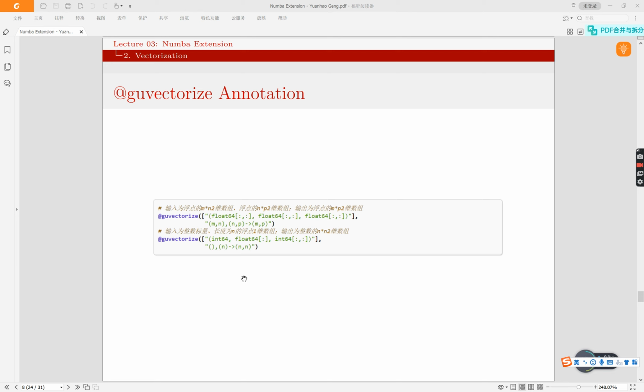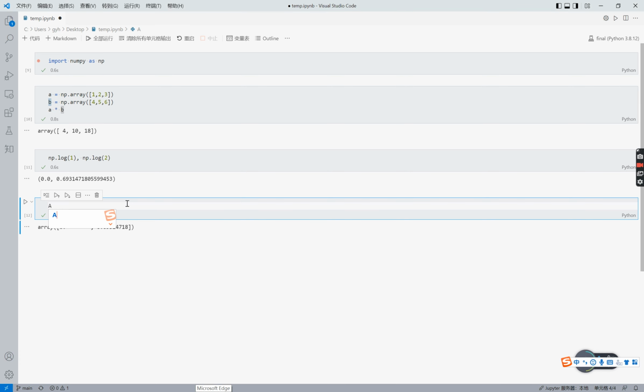For example, we can accept a two-dimensional array with data type of float 64, and the second parameter is also a two-dimensional array with data type float 64, and our result is also two-dimensional, but the shape is different. This is more like a matrix